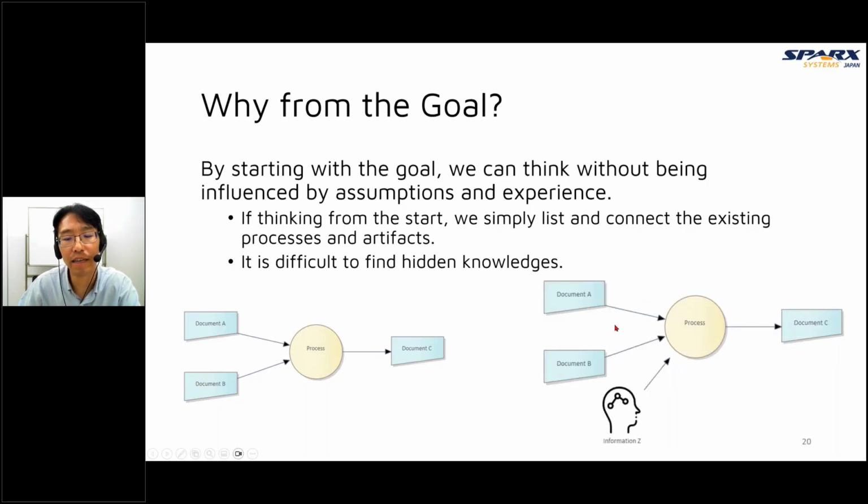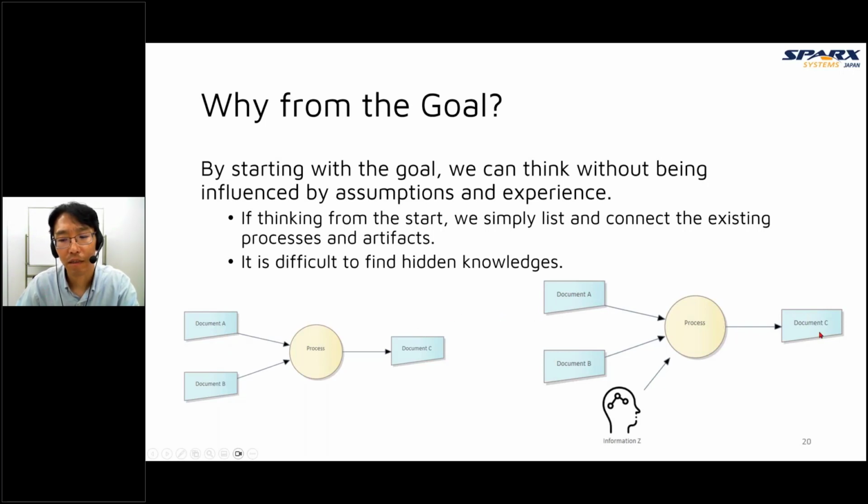So in this case, by thinking from the goal, we can find undocumented hidden information Z in someone's head. But by thinking from the start, it's just listing and connecting existing visible information, visible documents. We are just adding to the current process.